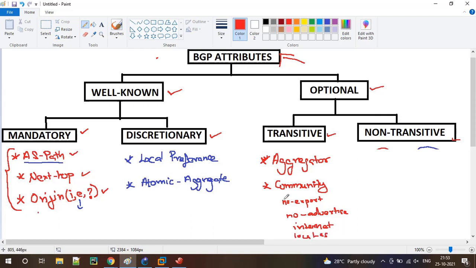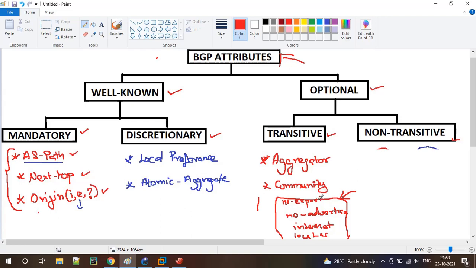These are predefined properties for the attribute called community. Don't worry about these things, we are going to learn about all these properties and attributes in our upcoming sessions.